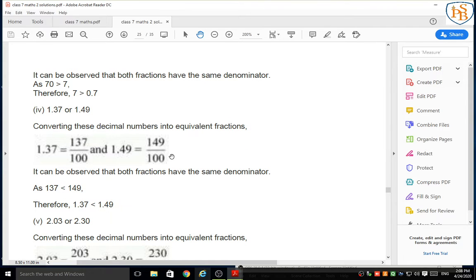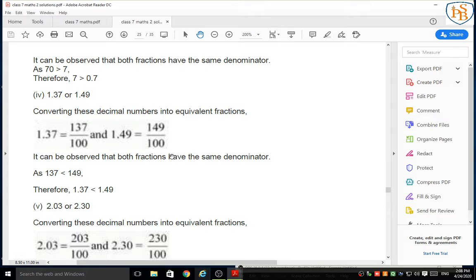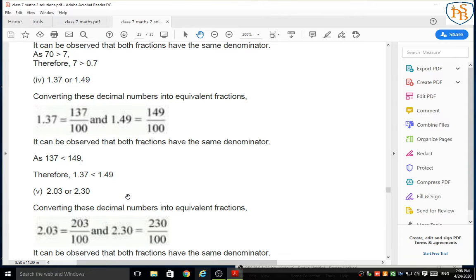I am scrolling these answers. You can stop this video to refer to these answers to understand them, but don't copy in your notebook. Please don't copy these answers in your notebook. Try to solve yourself. If there are any queries, don't solve, just ask me in the comment box, or you can contact me anytime.